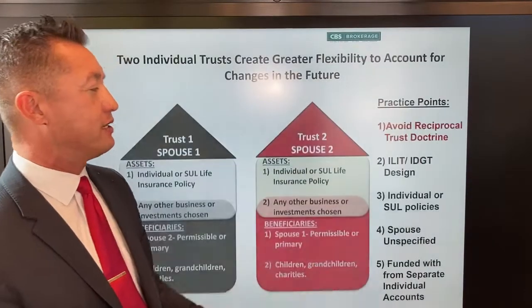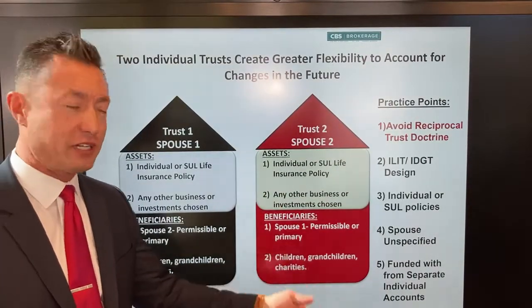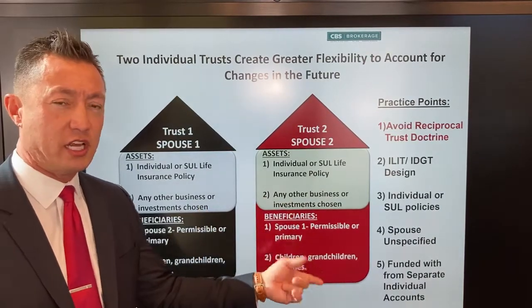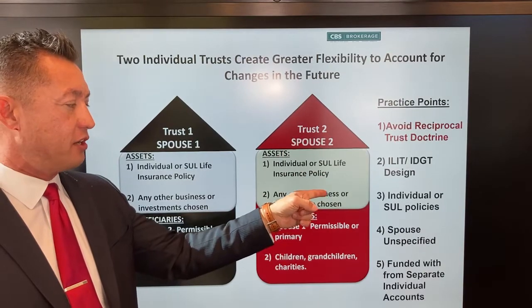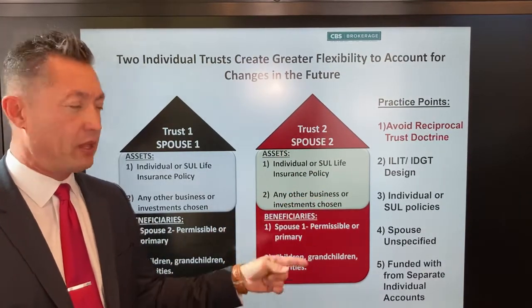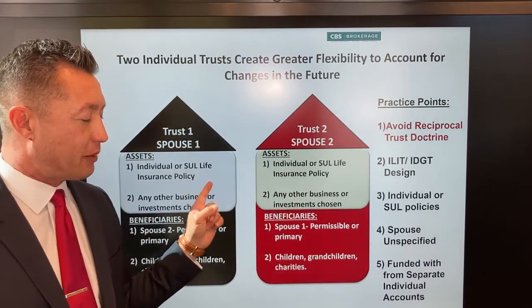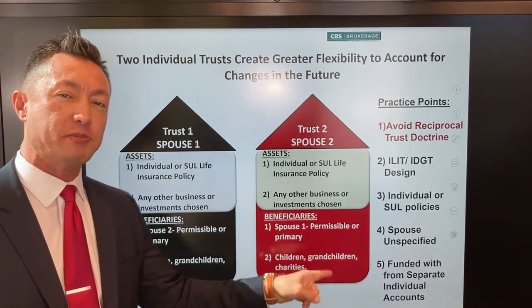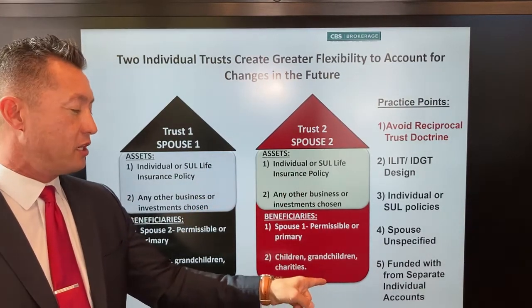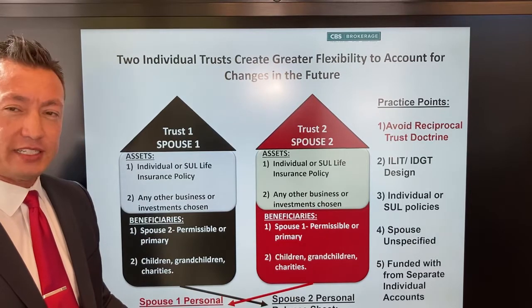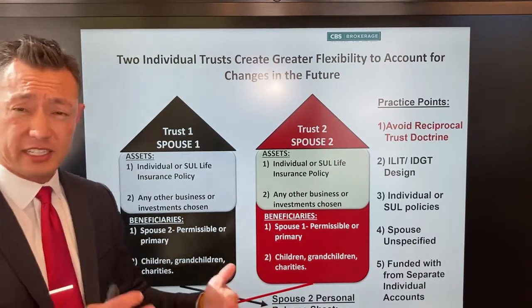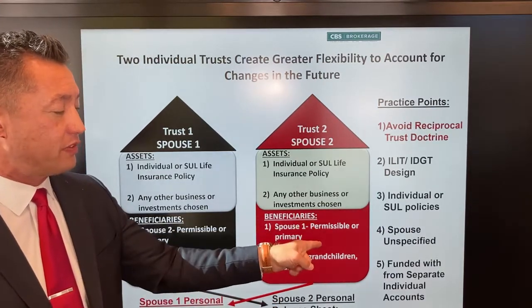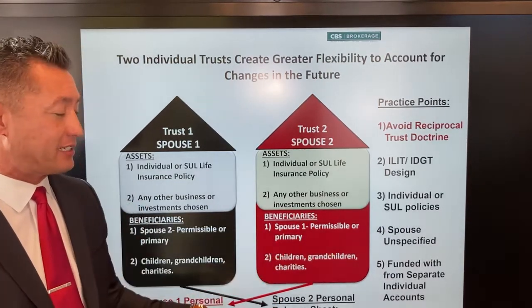What I would recommend in an ideal world, it's a little more complex, in the sense that you would establish two trusts, with each spouse being the grantor of their own trust, and the opposite spouse being a permissible beneficiary of their trust. So what that allows is, if there was no estate tax, they could dump all those assets out to each other. It's like an escape hatch. It also allows for the living benefits of a life insurance policy to be accessed, or anything else you might put in that trust.